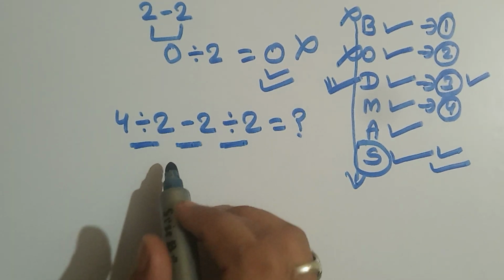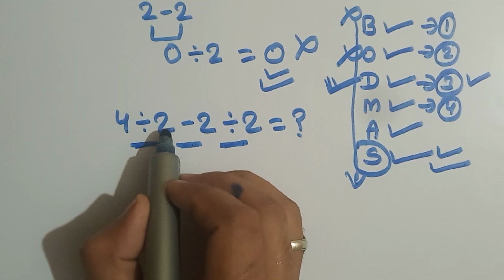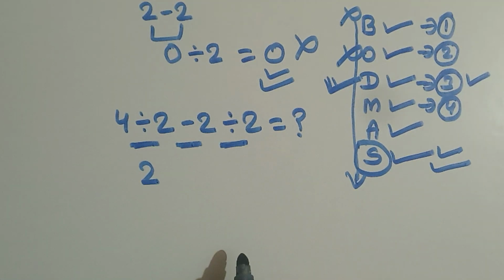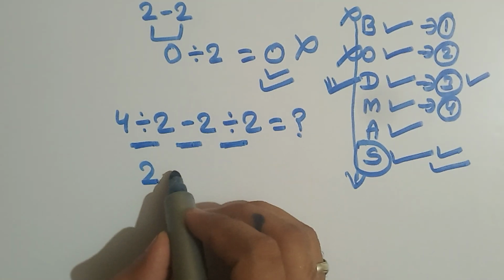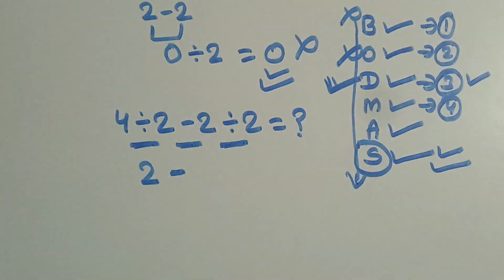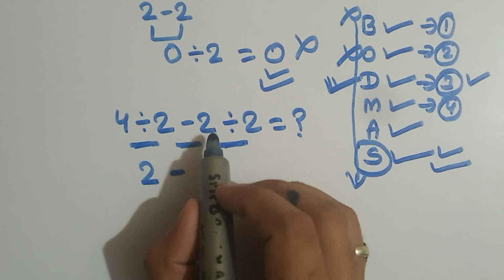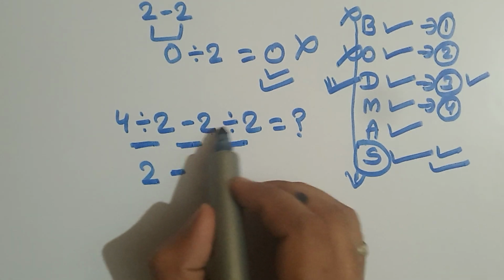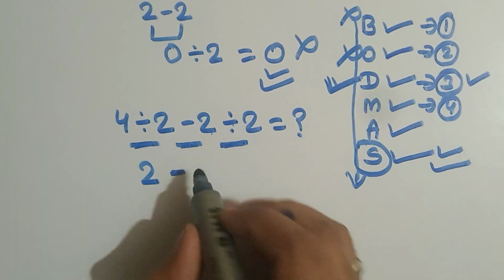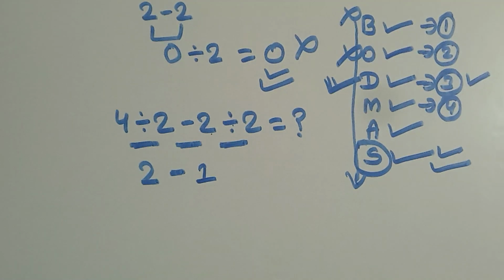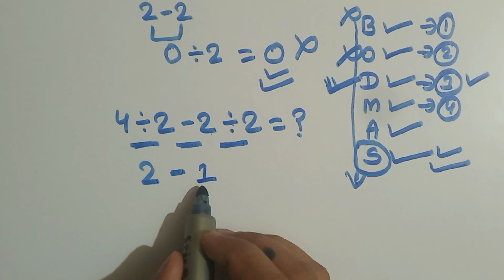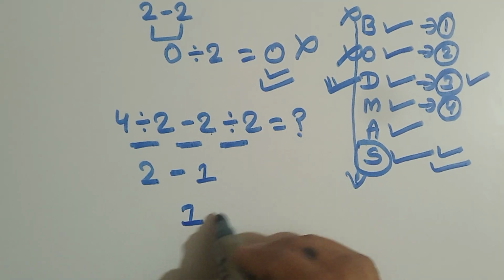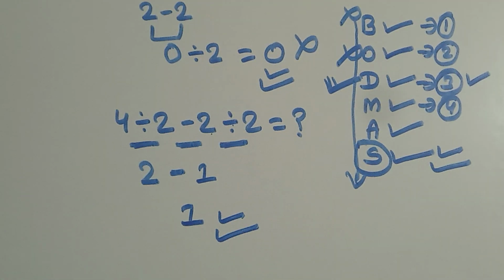So first of all, 4 divided by 2, what can we get? We can get 2. Simply write 2 here. And again here you can see the negative sign is given. Simply write the negative sign here, right? And here again the division sign you can calculate in this step, right? So 2 divided by 2, what do you get? 1. So simply write 1 here. And 2 negative 1, what do you get? 1. So simply write 1 here, right? And 1 is your final answer for this question, right?